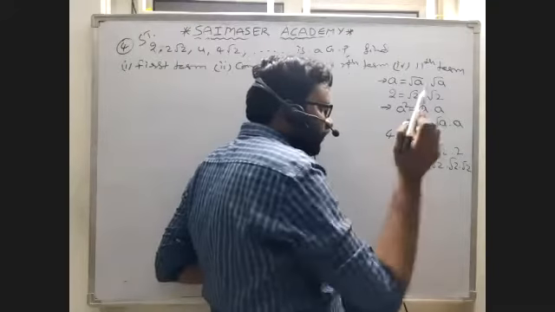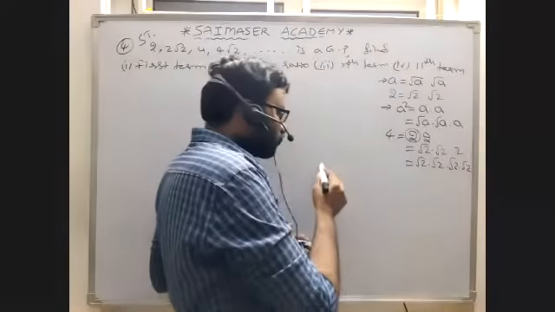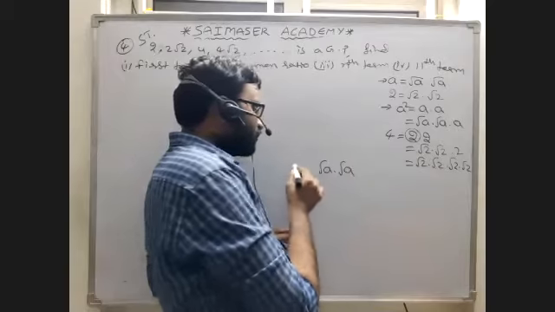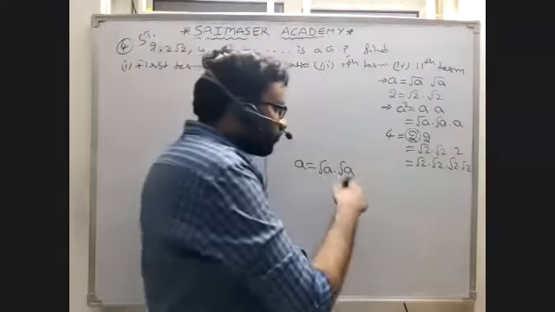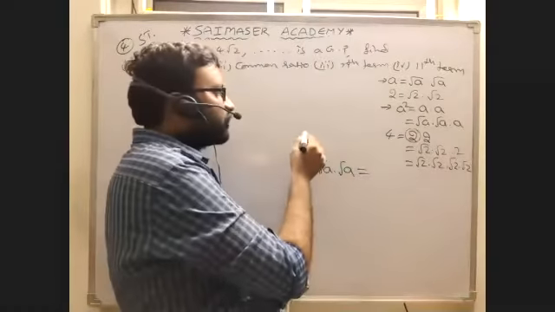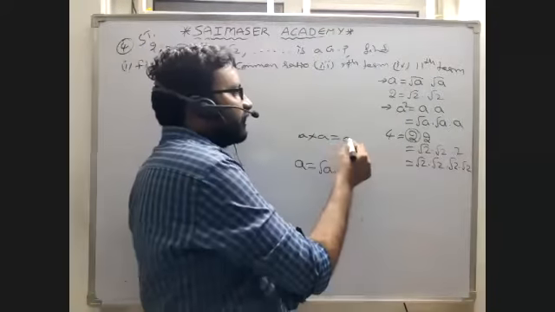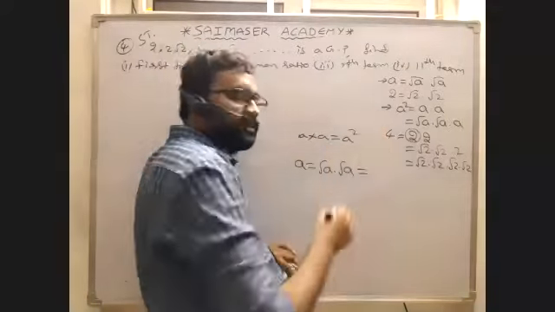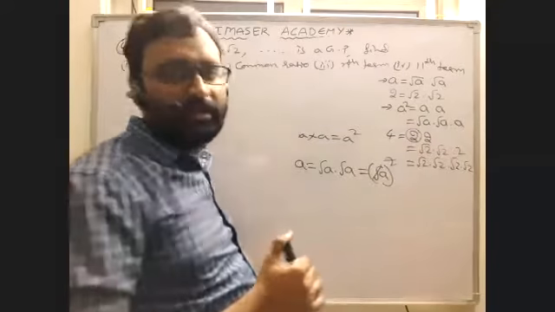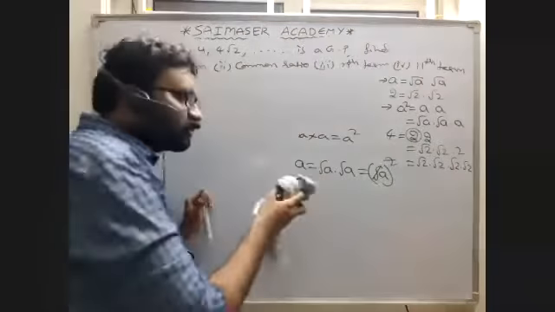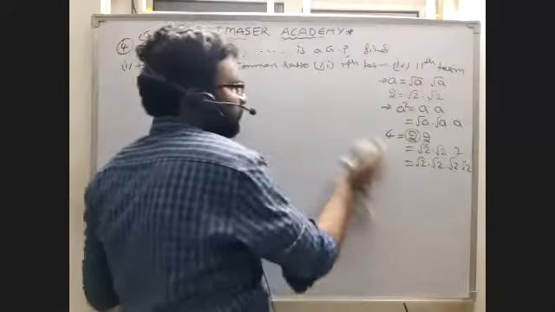If you solve this, you will get 4 again. Okay. Suppose root A into root A is what I told you. A is equal to root A into root A. Root A into root A means 2 times we have. Suppose A into A we can write A square, right? Root A into root A we can write root A whole square. And always this square and square root will get cancelled. That already we know. If you don't know, just remember this. Okay. So these are very useful for us for this question.